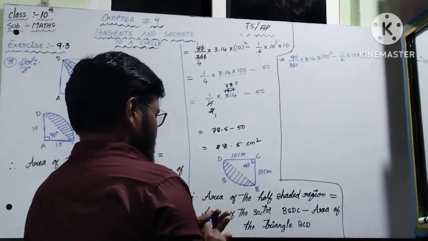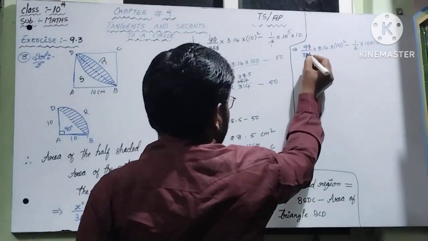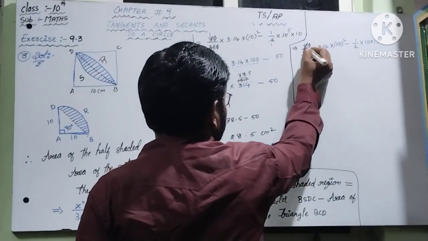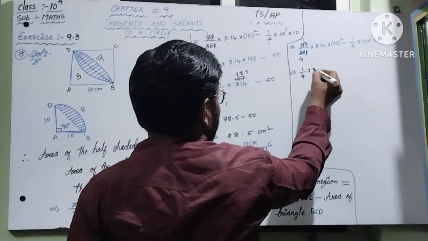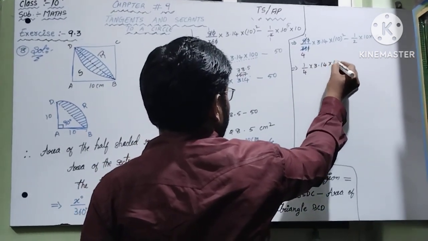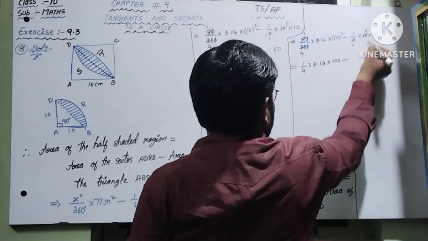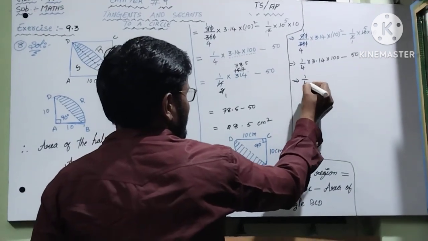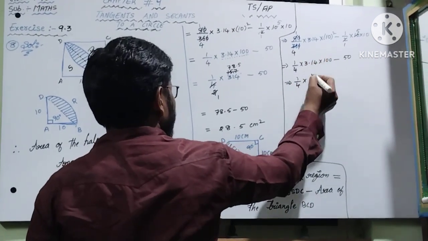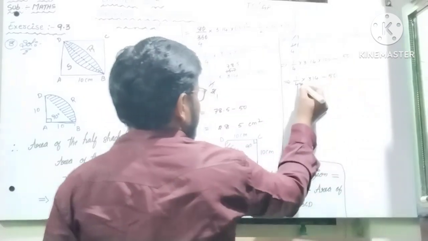Then next one, you all know, numerator 0 and denominator 0, ones place first cancel, then afterwards 9, directly 9 4s are 36, 9 1s are 9. So 1 by 4 into 3.14 into 10 10s are 100, minus 2 1s are 2 and 2 5s are 10, 5 10s are 50. The next step, 1 by 4 and 3.14 into 100 is here 314 minus 50. Let's do here.